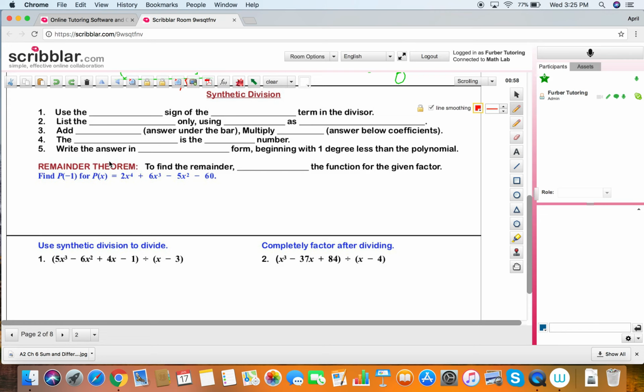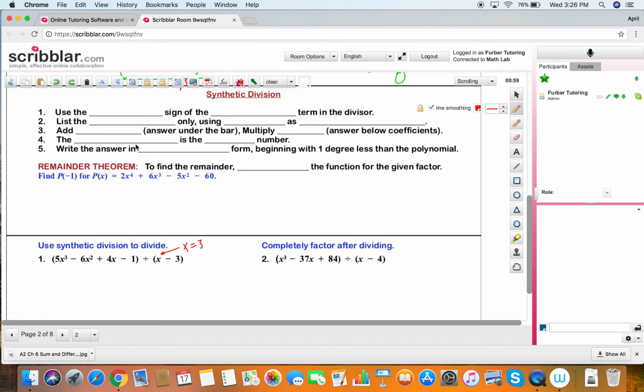So the first thing you're going to have to do is find the zero of the factor. For example, down here, if this is truly a factor of this polynomial, then that means it's a solution. And to find the zero, you have to tell what value x has to become to turn into 0, okay? Remember, a solution is also called the zeros of the function. So we have to determine what x is to make this x minus 3 equals 0, okay? Which is pretty obvious. That x would have to be a 3,